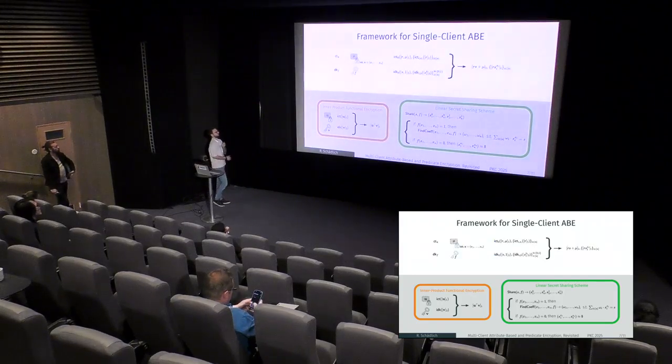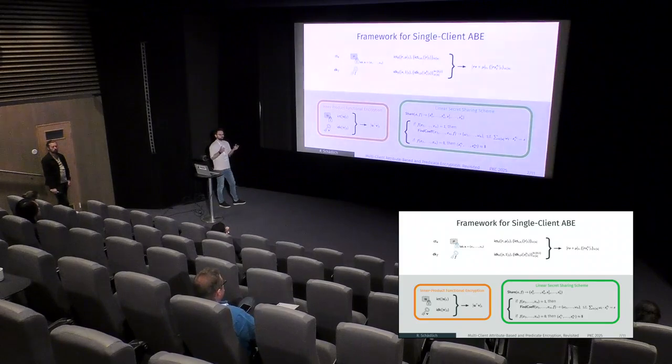Now, how does this framework work? The basic idea is to start with a linear secret sharing scheme and to view it as, I would say, a weak one-time secure ABE. And then we want to use the power of IPFE to re-randomize the secret sharing scheme to obtain full-fledged security. In a bit more detail, if we want to generate a decryption key for some policy F, we sample some new secret S,